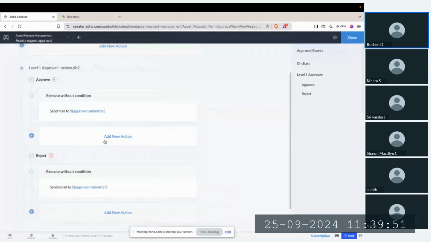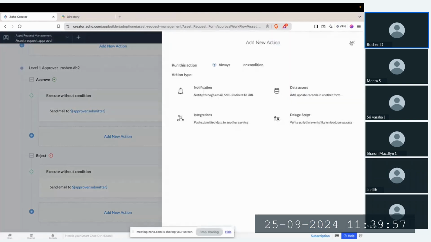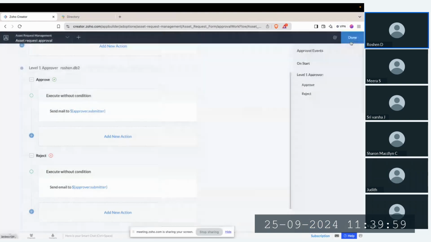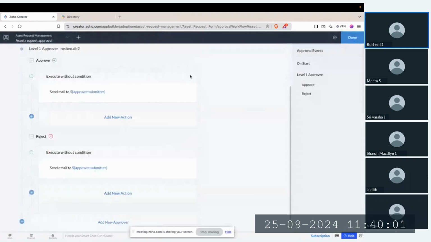And if you need to configure any action, you can set up any workflow. You can use this here to do that as well. However, in our situation, we would not be doing that in the level 1. However, with the level 2, we'll be doing that. So